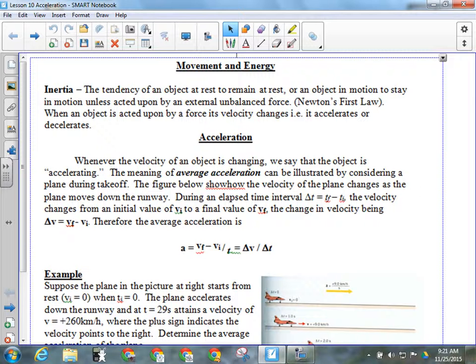Okay, so for a normal object, that is an object that has no forces acting on it, or at least no unbalanced forces acting on it, what is it going to do? What is an object that basically doesn't have anything going on going to do? Nothing. Exactly. This table right now that's sitting in front of me, gravity is pulling on it, pulling it